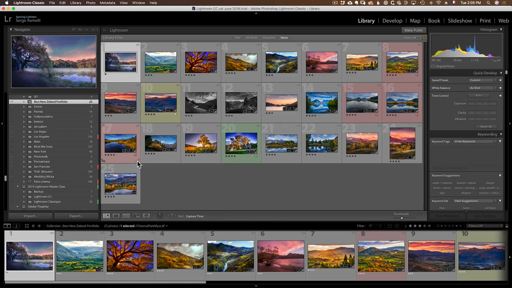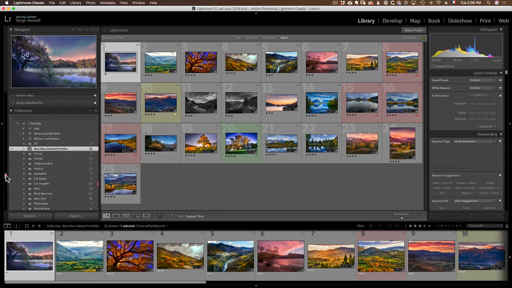Well, you can take all your photos or just the best ones, whatever you want, and you can export them as a catalog. That way, all the retouching you did, everything, is there and you can import it into your main catalog. So let's say I'm on the road, I'm in New Zealand. This is some of my best New Zealand work, and I've got 25 photos that I want to import into my main catalog. We're going to pretend for this video that the main catalog is the catalog I've been working on, the Lightroom training catalog.